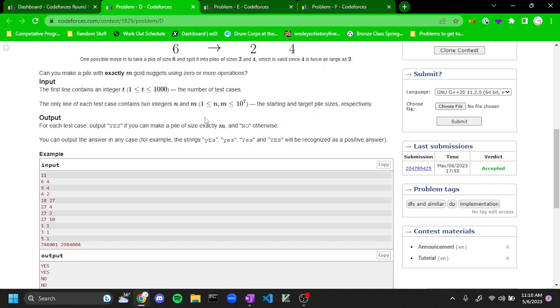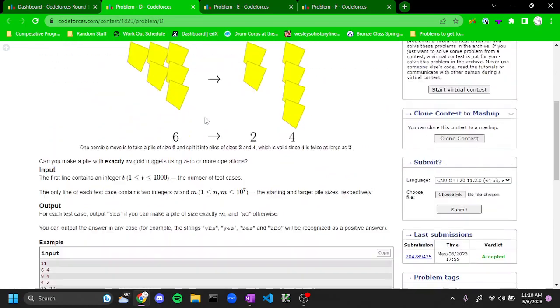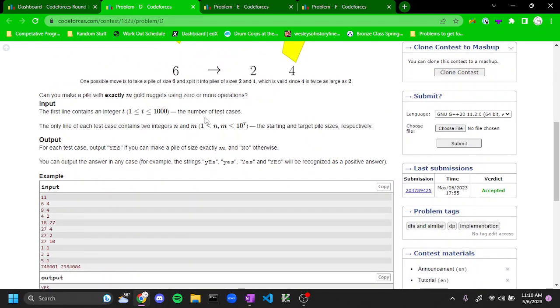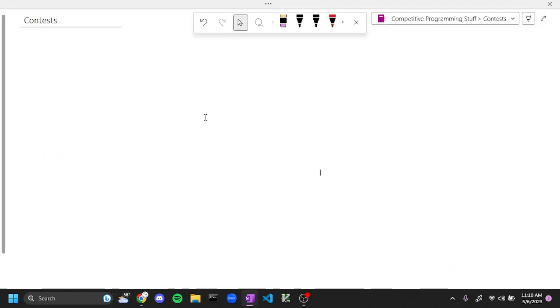Okay, so n is the starting pile, right? The starting size of the amount of gold. And then our goal is to break n down so then we have a pile with m gold. Okay, so if we have 6 as n, so n is equal to 6 and m is equal to 4,